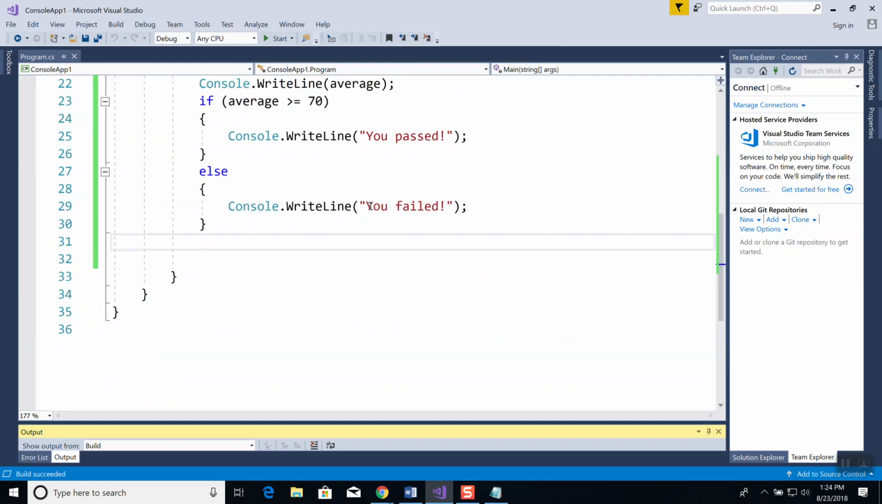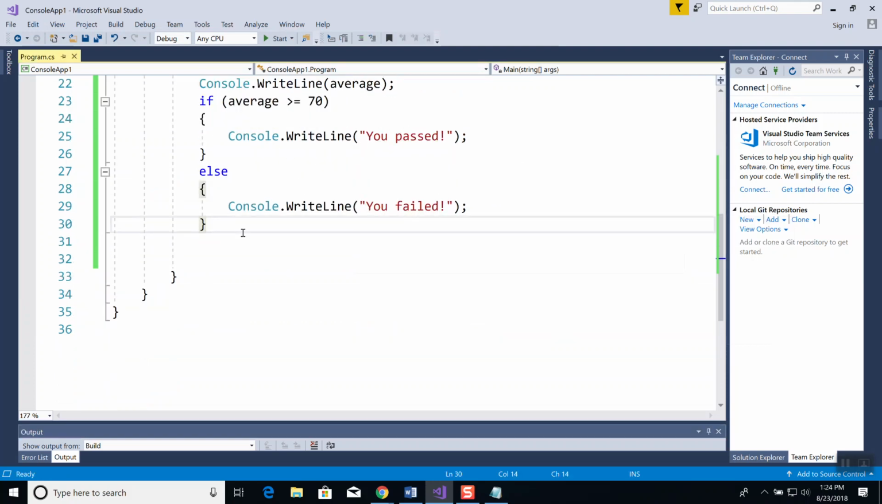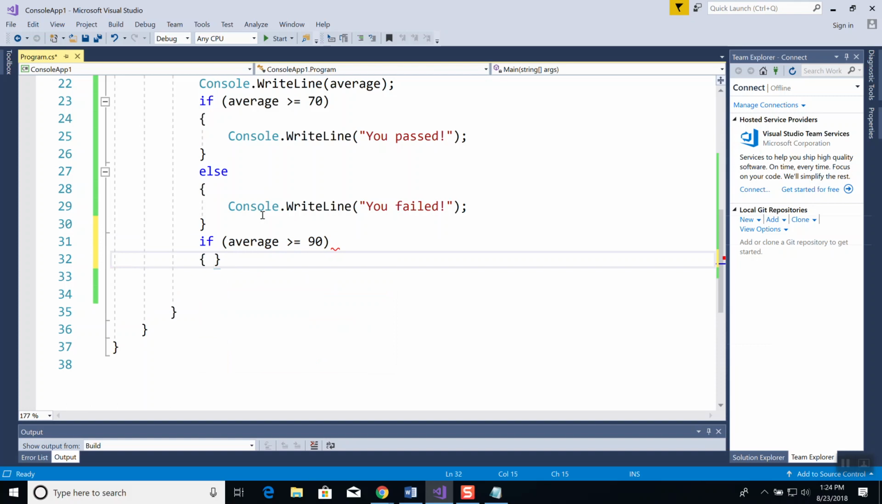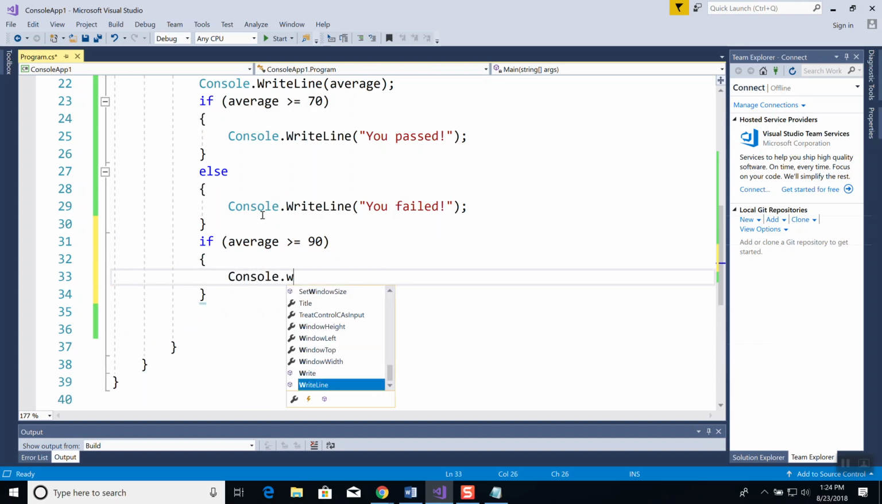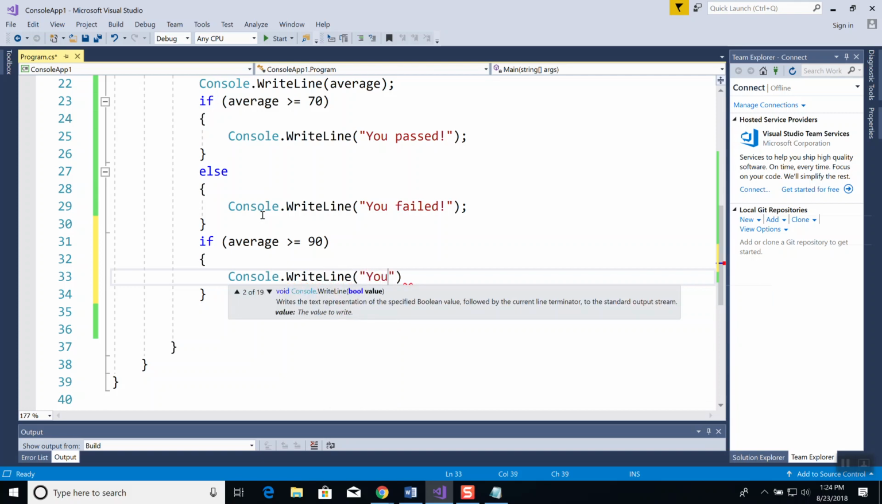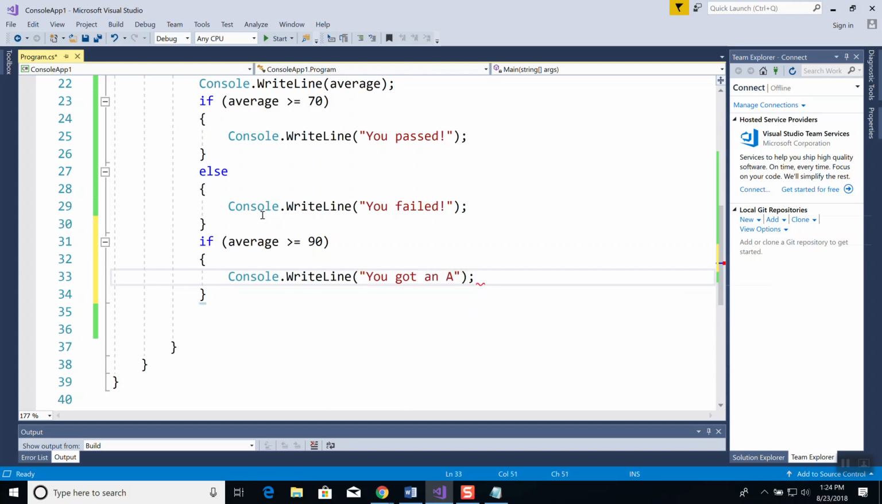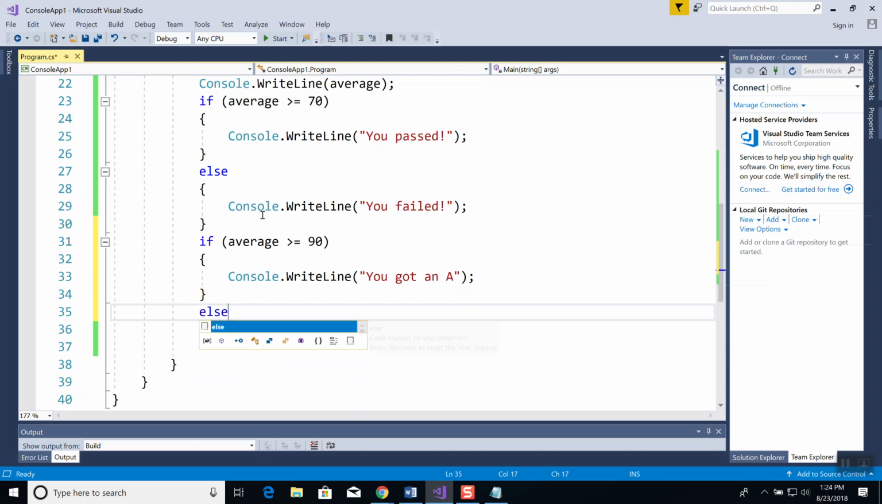Now let's change this slightly. I mean, that's really nice. But I'm going to put another if statement down here to tell them what their grade is. So if average is greater than or equal to 90, we're going to say console.writeLine. What grade did they get? You got an A. Then I'll do a down arrow. And I'll say else if